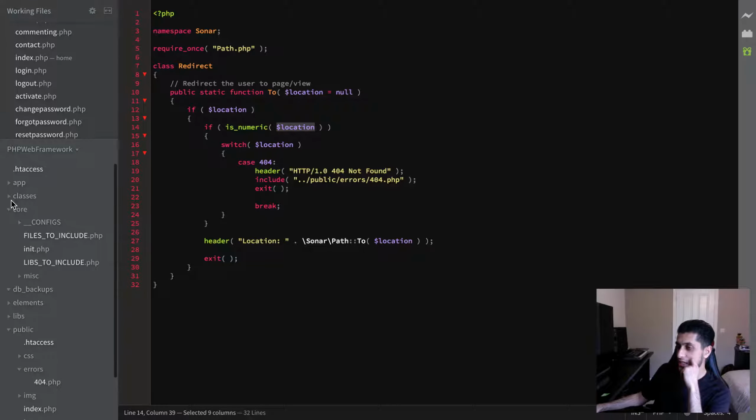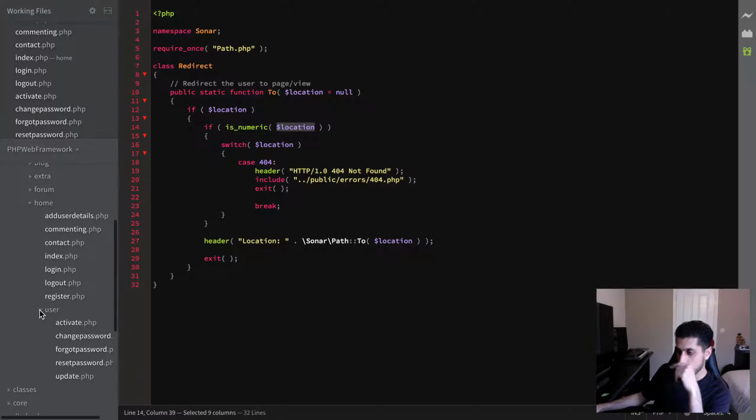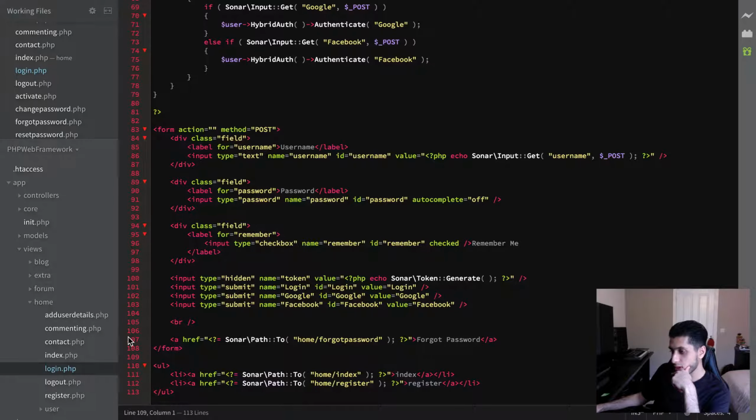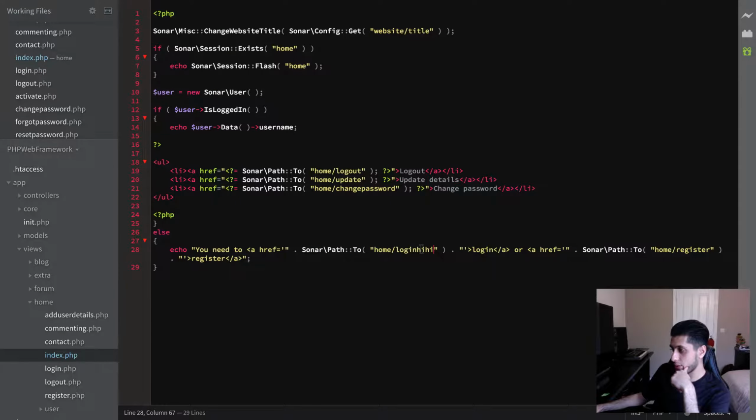Now that's the classes, app, close that down, views, and if I open up login, close some of this other stuff down, it's just getting in the way. If I open up login, no, I mean index, if I were to change that to 404,